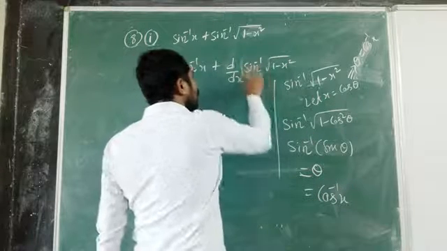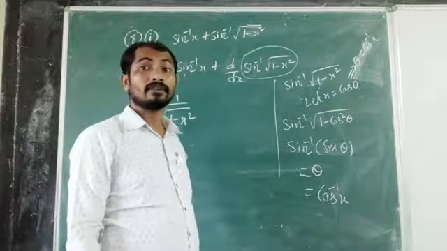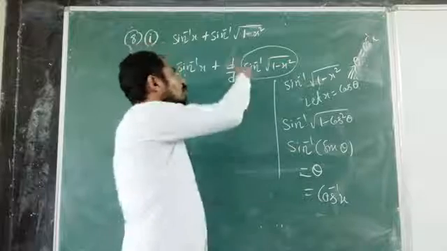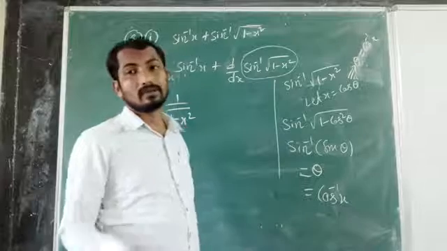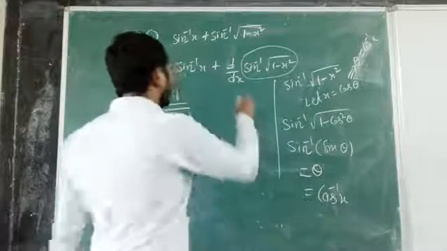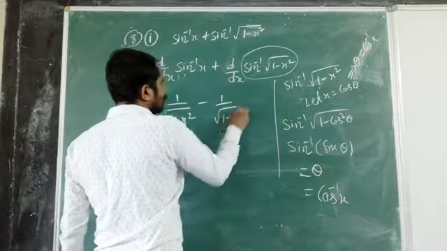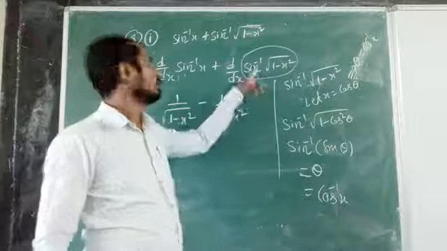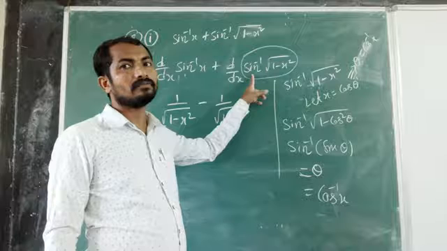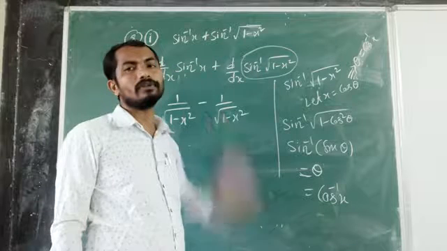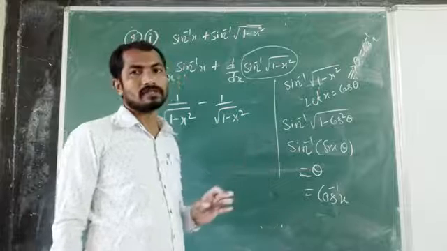We have simplified this value. After simplifying, we got cos inverse of x. Now we have to take the derivative for the simplified value. We don't need to take this value. If you take the d by dx of cos inverse x, how much? Minus 1 upon root 1 minus x square. For the second term, what did we do? For this term, I have simplified by taking the substituting value. After simplifying, the final answer I get is cos inverse x.